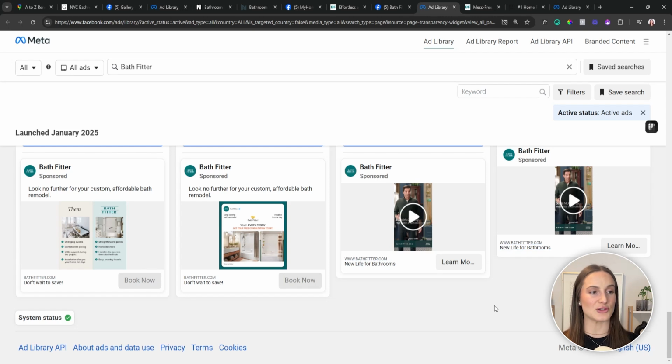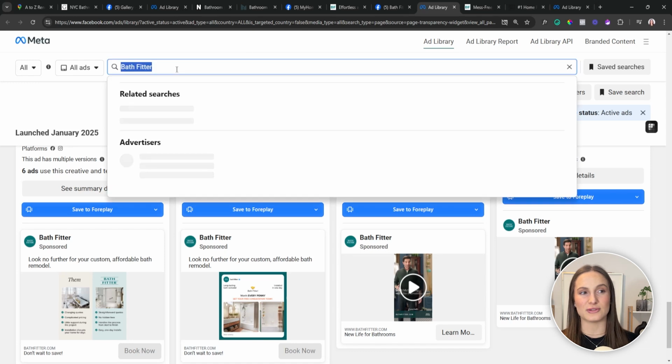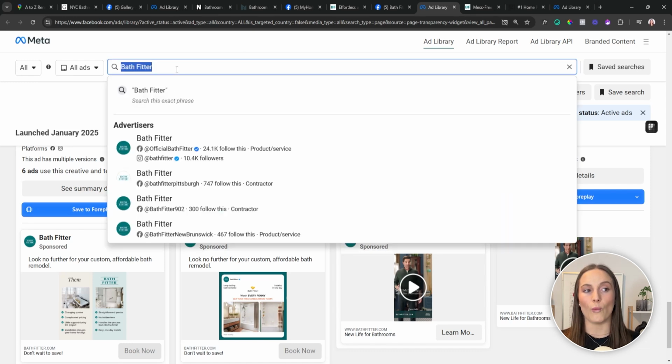But you do want to be looking at how long was this ad running, and why do I think it's performing so well. So those are things that you certainly want to look at. But from ad library, the only caveat that you have here is that you typically need to know what company